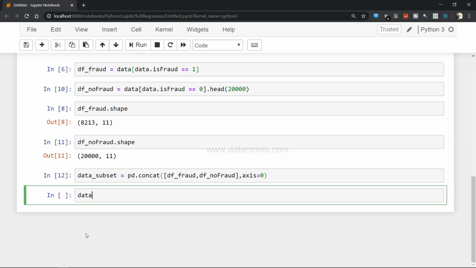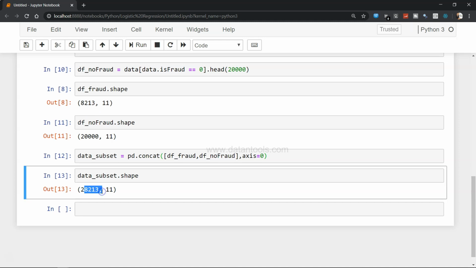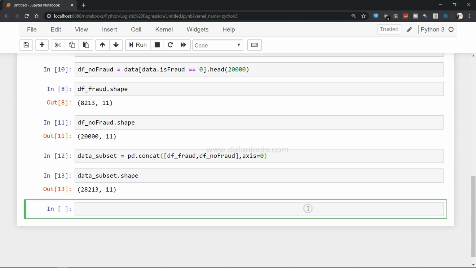If I execute that, data_subset.shape, we get 28213. So 20,000 rows from here, 8,000 rows from here. The total rows we get is 28213 rows.